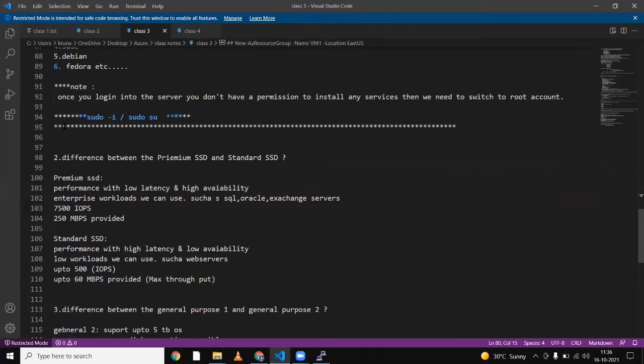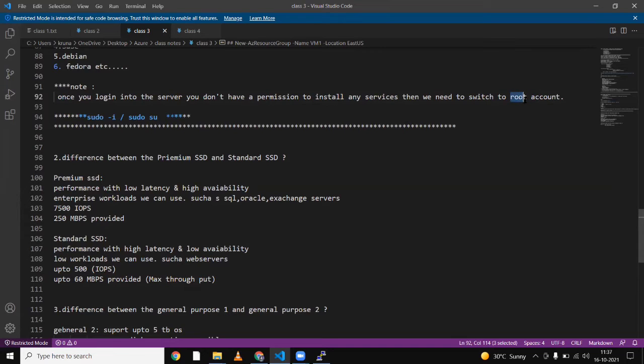If you are with my username administrator1, you don't have permission there to install any services, like we install the IIS service in Windows. Similarly, with the administrator login we can't do most tasks, and that's why I have to switch to the root user.